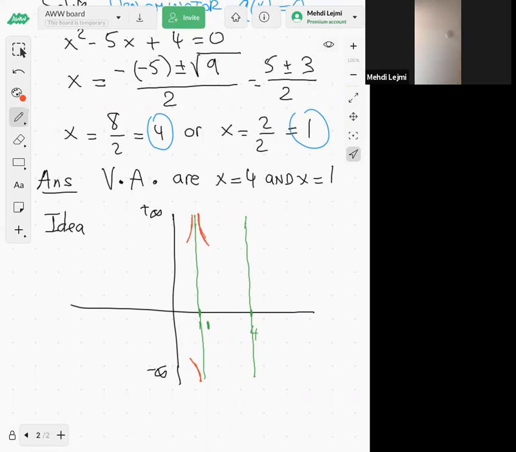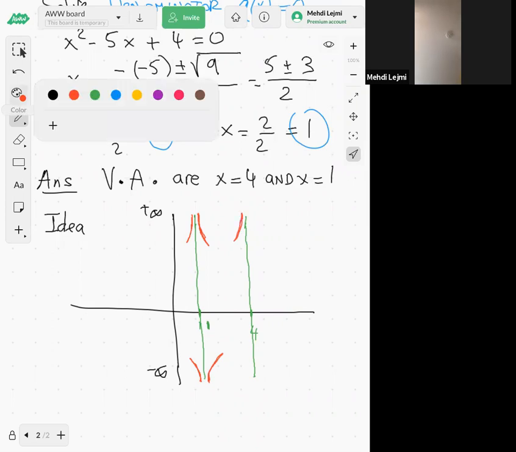But never touch the vertical asymptote. Or you could have something here in the bottom, right? At negative infinity. Or here at 4, same thing. Never touch the x equal to 4, but very, very close to x equal to 4, right? At positive infinity. So the values of f of x are,